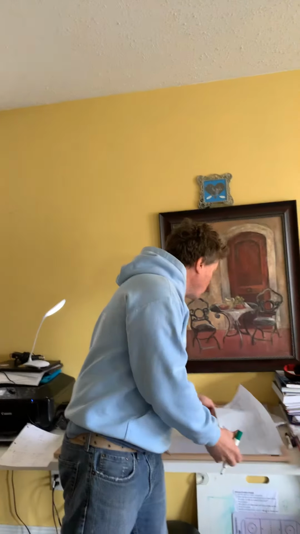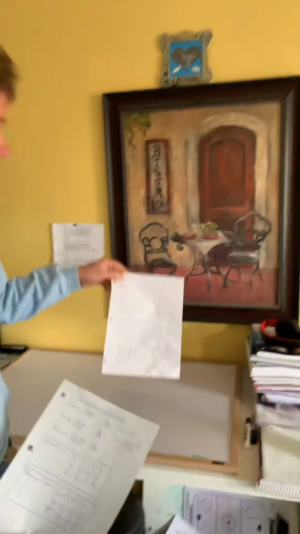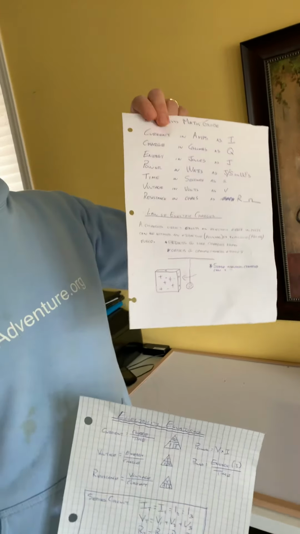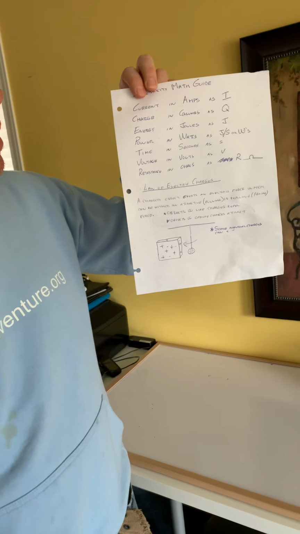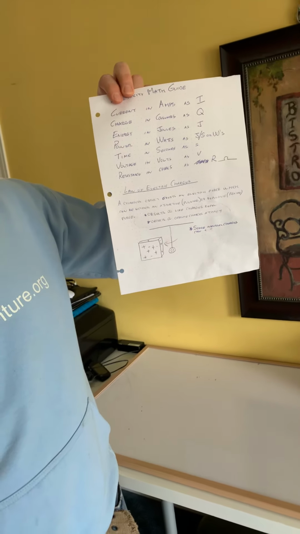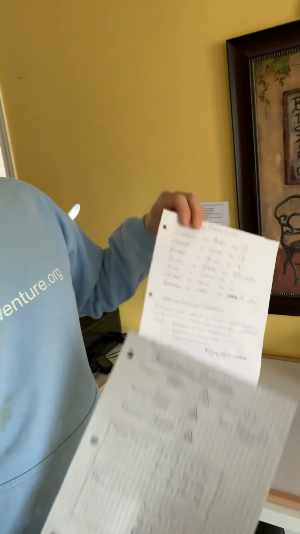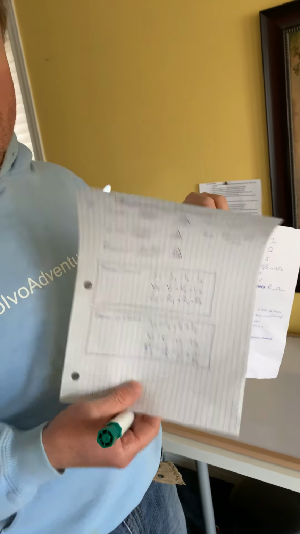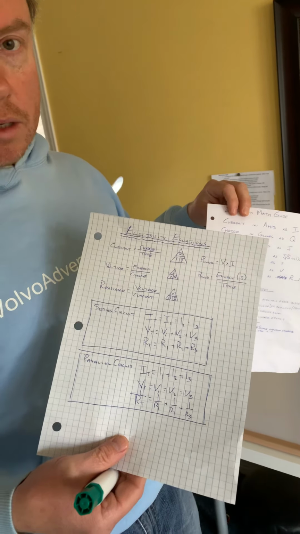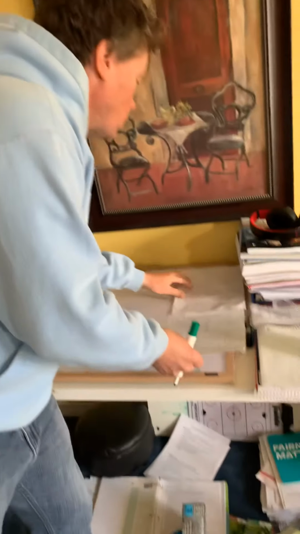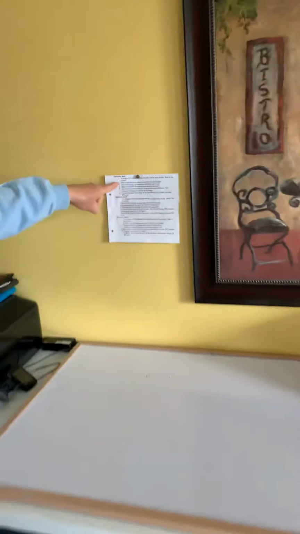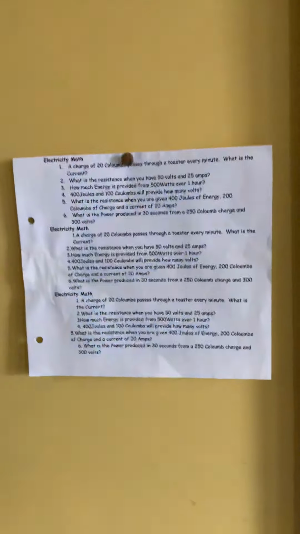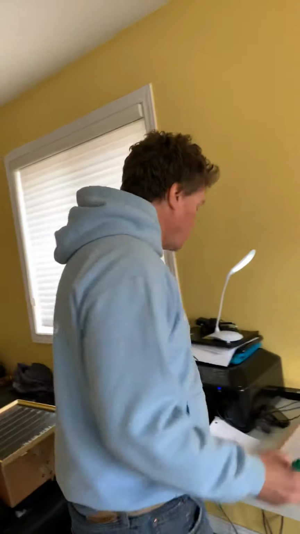The first thing you're going to want to have, always handy, is your cheat sheet. And hopefully on your cheat sheet you've got all your labels and names and things like that. And then your triangles. Okay, it's huge. You need the triangles to do this. Okay, so we're going to start with these questions. I think I already did the first couple with you before. Okay, so number 1,